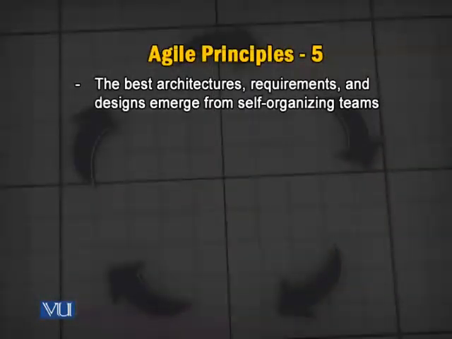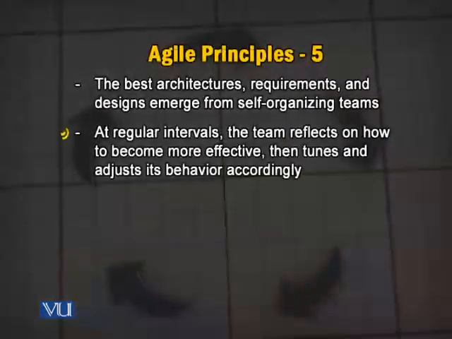The next principle is the best architectures, requirements, and designs emerge from self-organizing teams. And that also is important, and it shows the loose nature of team structure that is incorporated into the Agile methodology. And the last principle is at regular intervals, the team reflects on how to become more effective, then tunes and adjusts its behavior accordingly. And that is the main focus of improvement, that all the team members contribute in improving how they do things, and how they can do better in future projects, and what are their shortcomings and how can they become more effective. So this principle helps us in improving the processes of Agile software